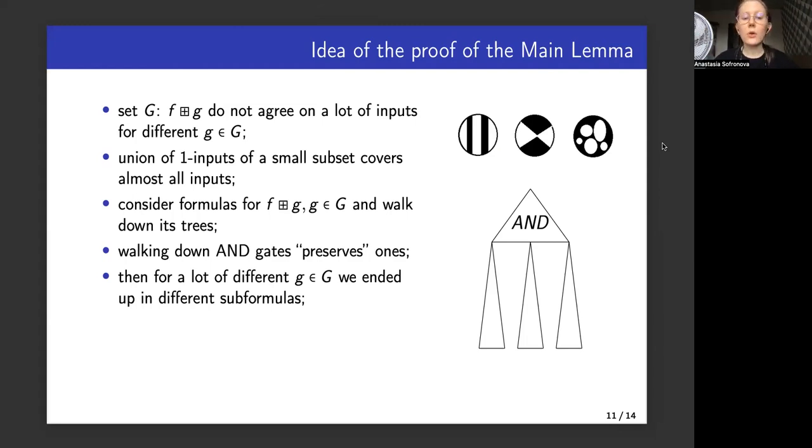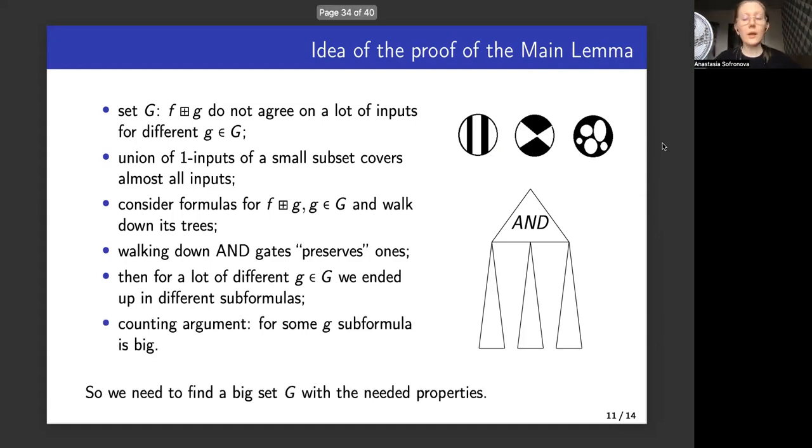And if we walk down AND gates in a smart way, we can ensure that we never end up in a trivial subformula. So this is our contradiction, and this is how we ensure that indeed for a lot of different g's, we ended up in different subformulas. And next we just apply a counting argument and say that for some g, the corresponding subformula must be big. So in order for this plan to work, we need to find a big enough set G with the needed properties.